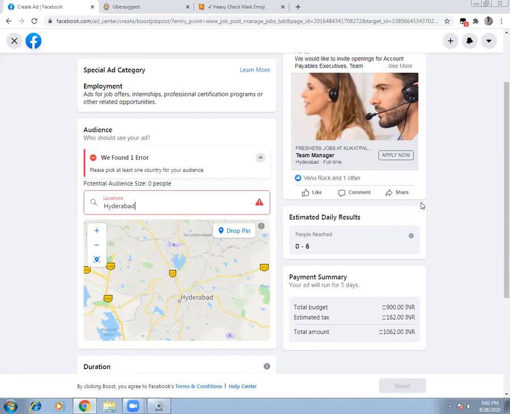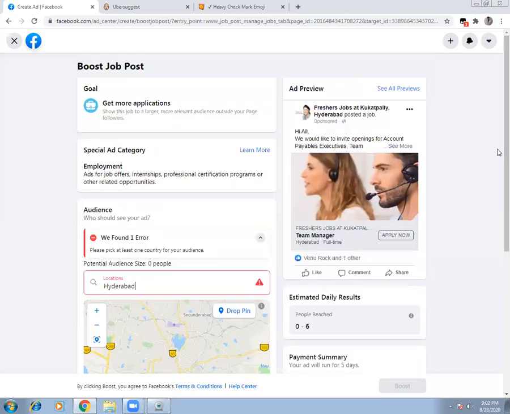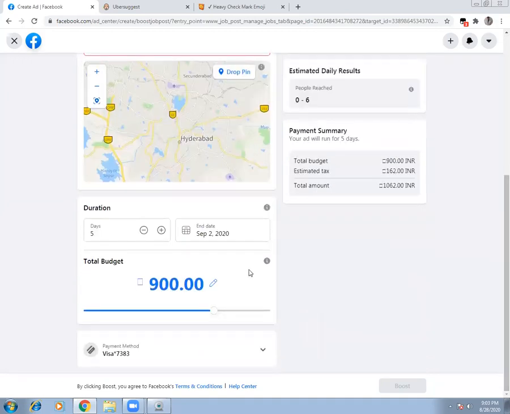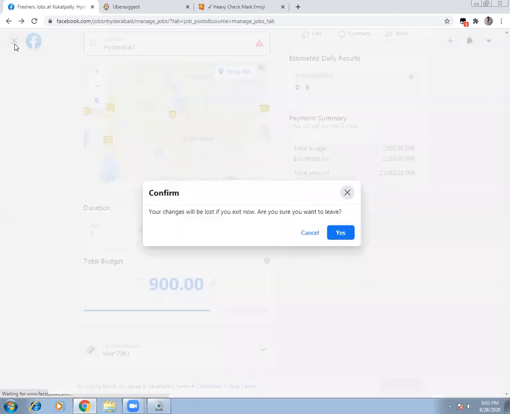See, but the best part is having a Facebook page, you can also have traffic, you can have customers, and then you can run ads for free also. You do not pay any money or anything. You can simply select everything and you can actually run this as a sponsored ad. So this is just a basic understanding that I wanted to tell you, that this is how you can boost the post. I don't want to boost it.